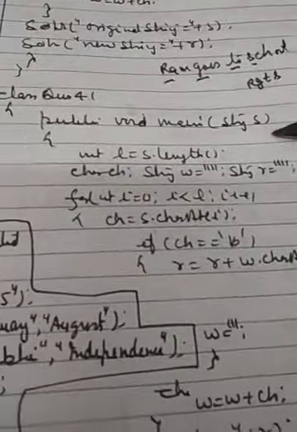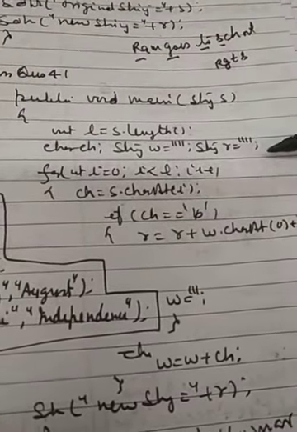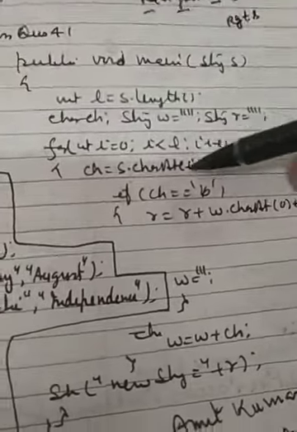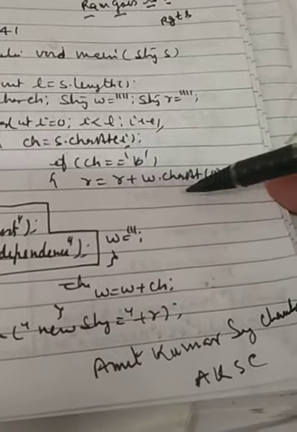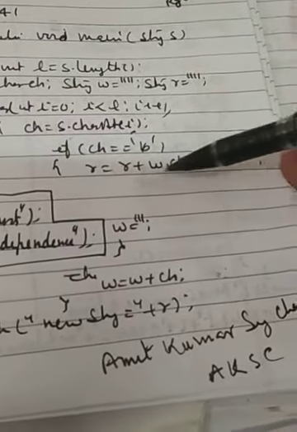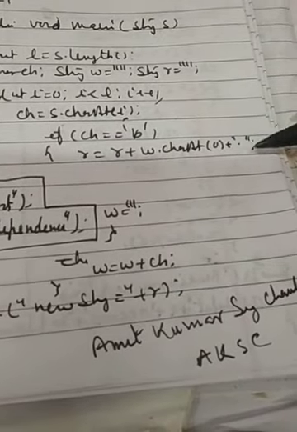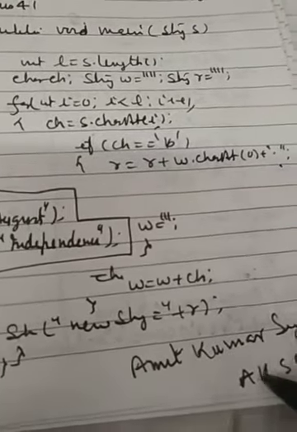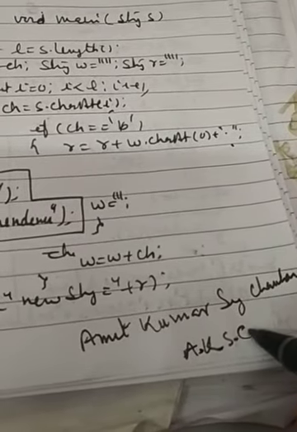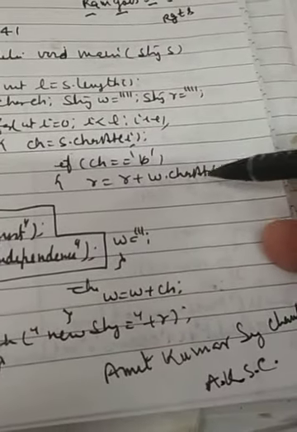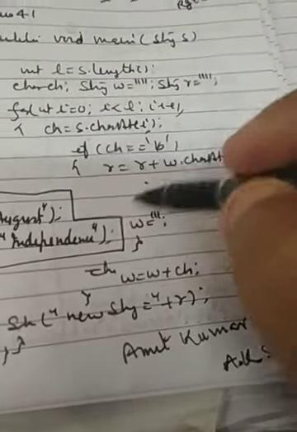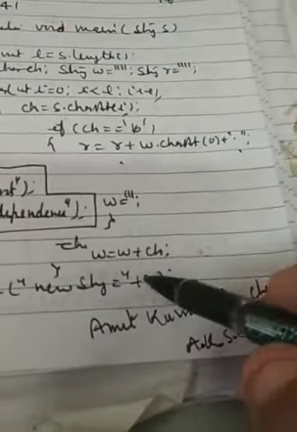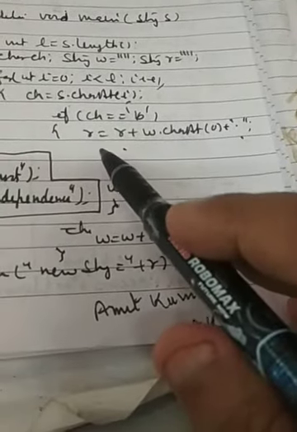Same question, string S we have taken, length, character, we have declared all the variables. We are running a loop, picking up every character. If it is not space, we are adding it up. If the space is there, that means we have the first word, w.char at 0, first character of the word we are taking out. Dot I have put in just to put like a dot, A dot K dot S dot C dot. So just to beautify it, I am picking up every character of the word, first character of the word, and putting a dot into it and adding in r. So after the whole loop, every word's first character will be taken out and will be accumulated in r. So the new string will be r.